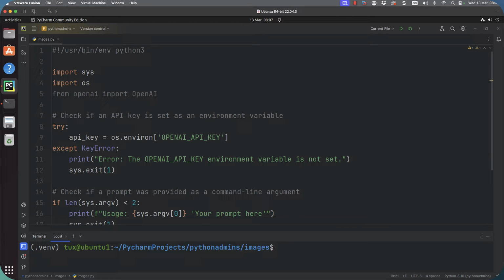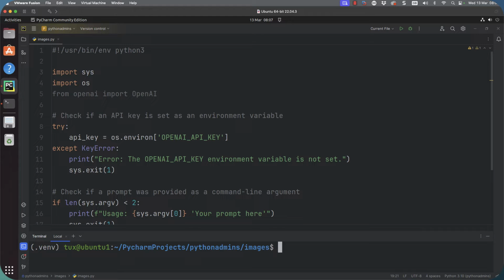And here we are, and a big warm welcome, maybe not to the command line that you're used to, but you can see I'm in PyCharm running on my Ubuntu system. We're going to be able to go through and take a look at the script and build upon our script so that we're able to use OpenAI to generate images for us. So this is what we're going to be taking a look at, extending what we've seen so far with our Python scripts and OpenAI, and just taking a look at what we have.